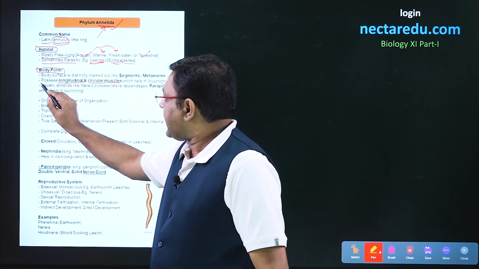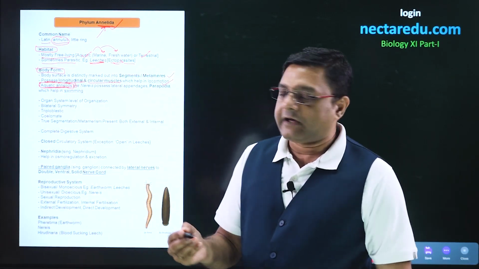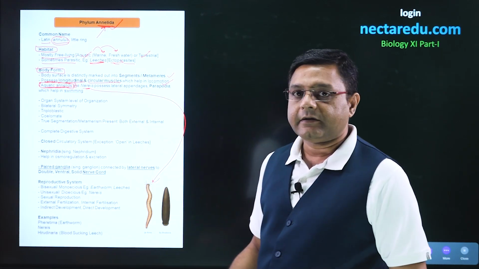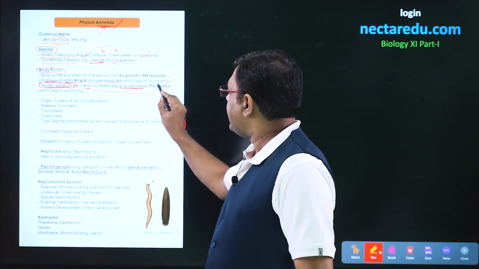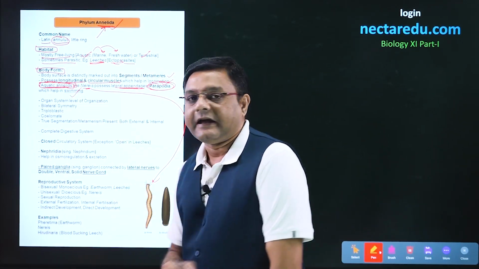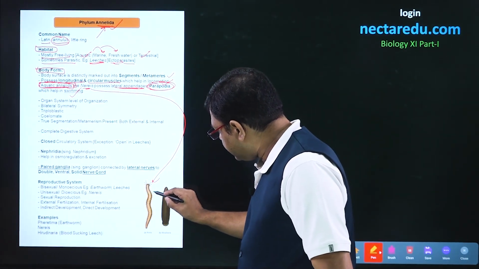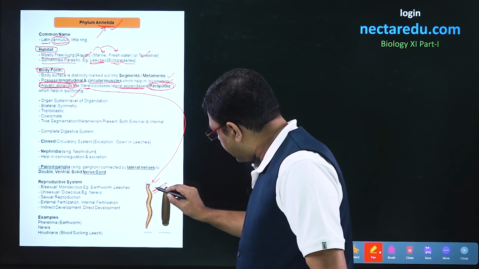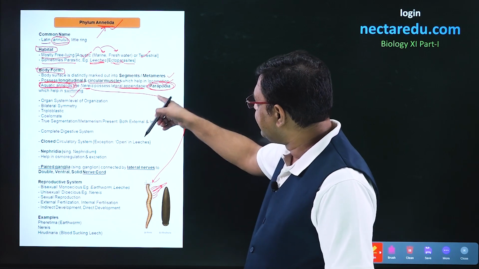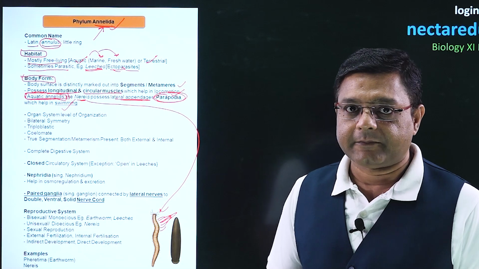If we talk about annelids that live in water, that is the aquatic annelids, an example of an aquatic annelid is Nereis, which is being shown here. Now, these have lateral appendages which are called parapodia, and these appendages help in swimming. So in this particular structure, we can see these small triangular structures present on the lateral sides of the body. So these are actually the parapodia, which help in the process of swimming.